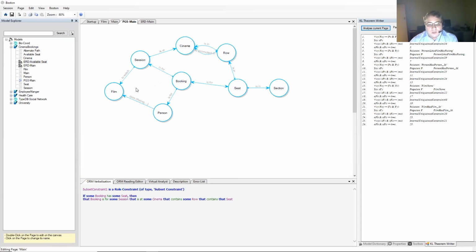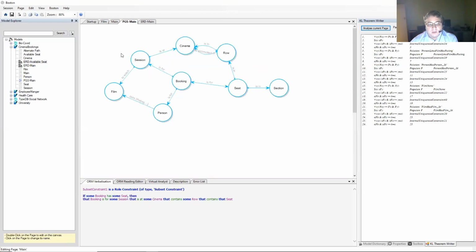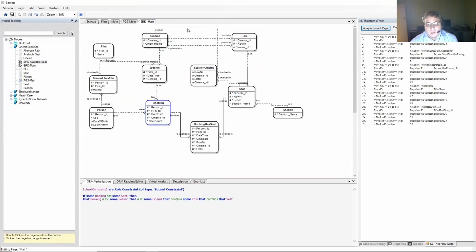Because object role modeling at its core uses predicates such as person likes film, and those predicates can transpose right across to the property graph schema view, or even the predicates that are on the relations in a Barker ER view, object role modeling lends itself very readily to